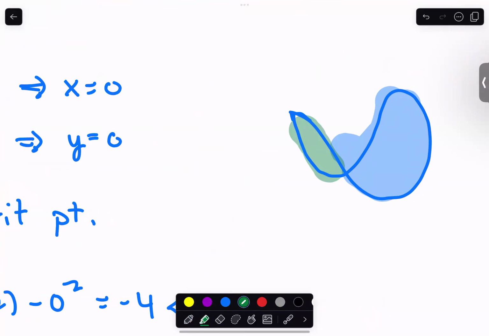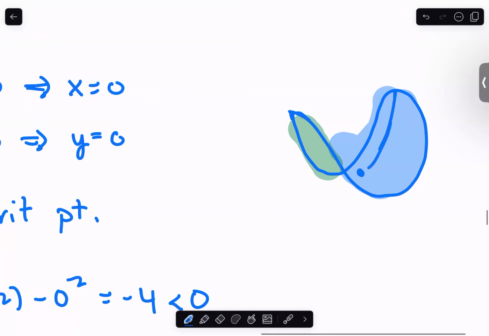Or the classic saddle that you would ride a horse with. So my claim is at 0, 0, that this is neither a minimum nor a maximum. It is a critical point, like we calculated out and we see that 0, 0 is a critical point. However, if you were to kind of ride this parabola here,